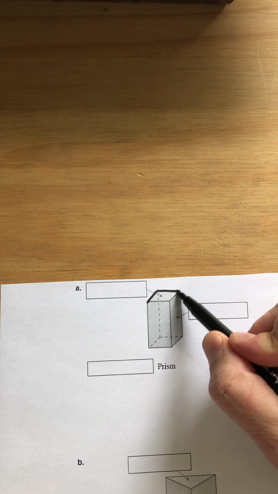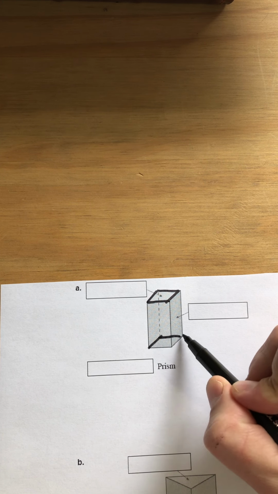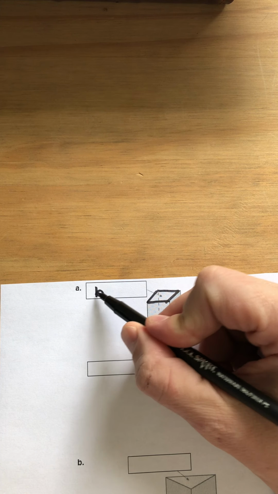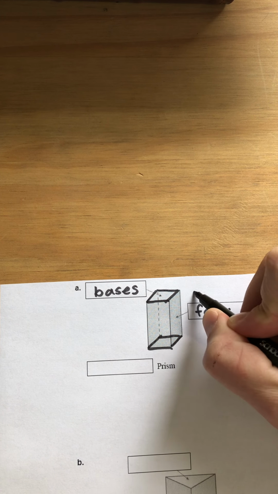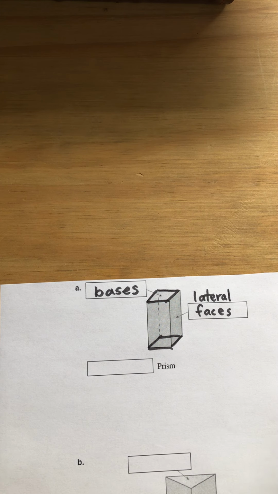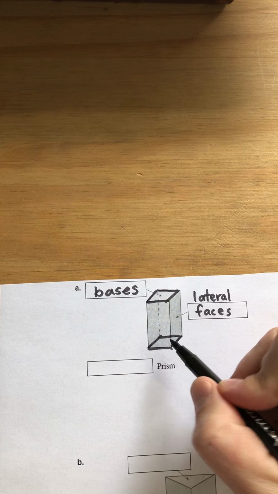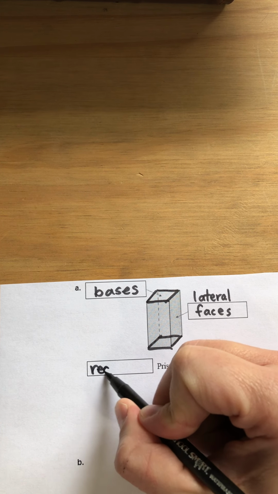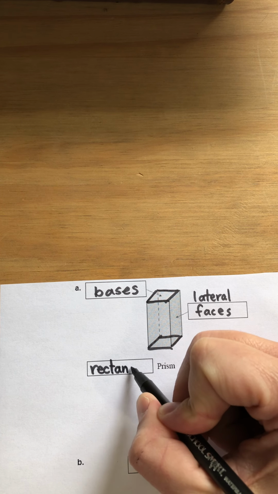These are the 2 bases. And then these are faces, or we typically call them lateral faces. Because the bases are rectangles, this would be a rectangular